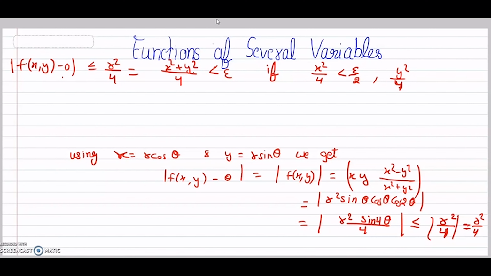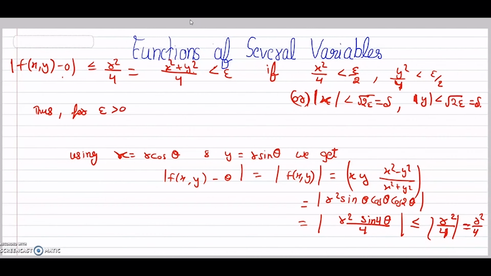by 4 is smaller than epsilon by 2. या फिर हम कहते हैं modulus of x is smaller than under root 2 epsilon, जिसको हम delta ले लेते हैं, and modulus of y is smaller than under root 2 epsilon. ठीक है. Thus, for any given epsilon greater than 0, there exists delta equals to under root 2 epsilon, which is greater than 0, such that